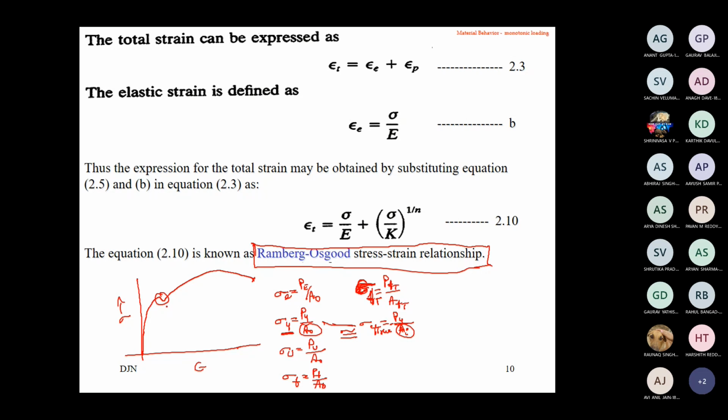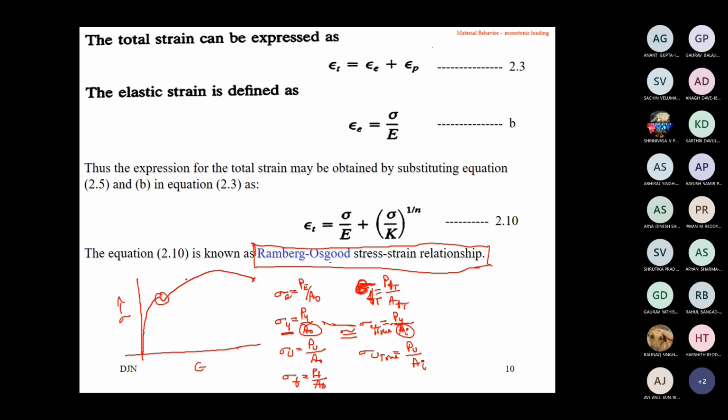After yielding, there is a significant reduction in the cross-sectional area. Therefore, if you want the true ultimate strength, it is always recommended to consider the load at that particular time and the instantaneous area at that particular time. That is mandatory. And then, obviously, you know that fracture strength is a lot more different. This is what you do in the case of the simple tensile test.